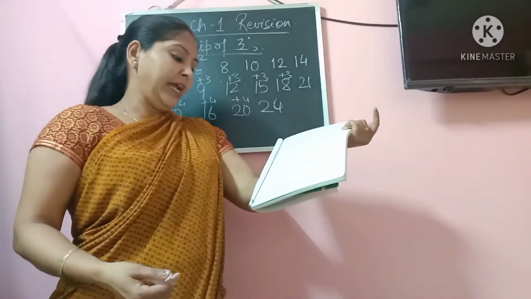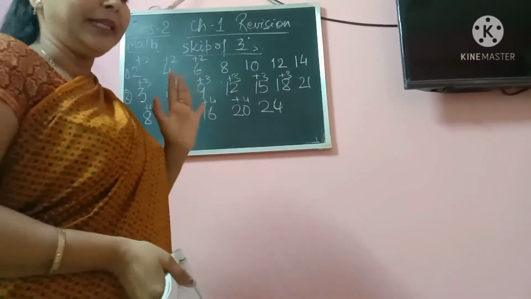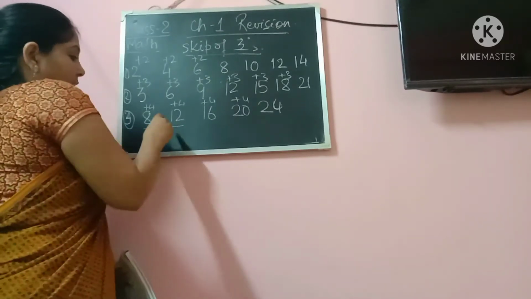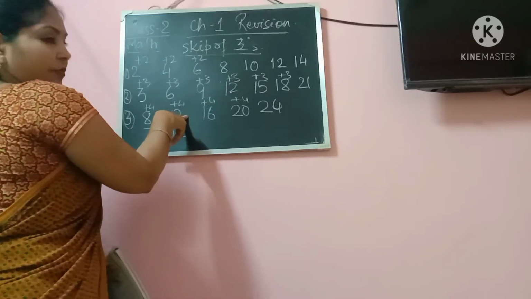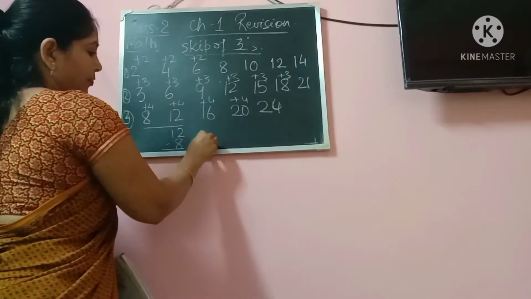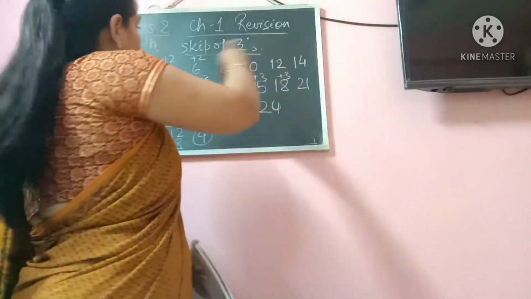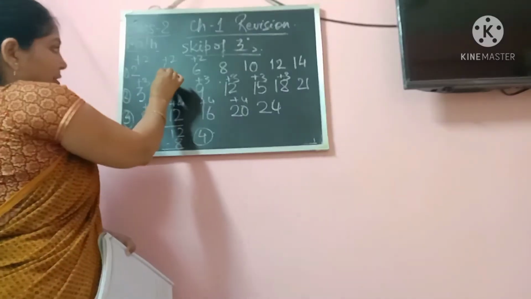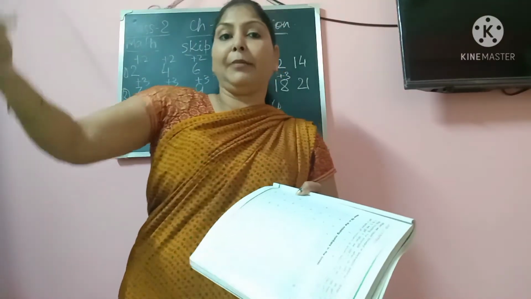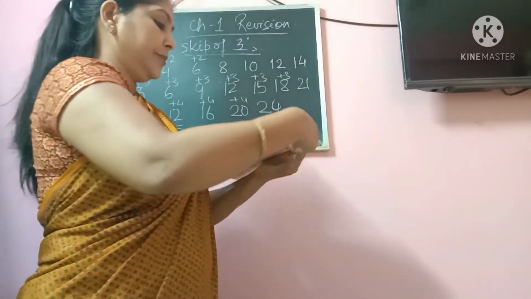Okay. So in this manner, how do you understand what number I have to skip? There is one method. Like I take this example, 8 and 12. Now what you will do? You will subtract the first number from the second number. 12 minus 8, what are you getting? 4. So each time you are skipping 4. Here you are skipping 3, here you are skipping 2. So when you subtract the first number from the second number, you get to know how many numbers I am skipping. Okay. So in this manner you will complete this entire page.